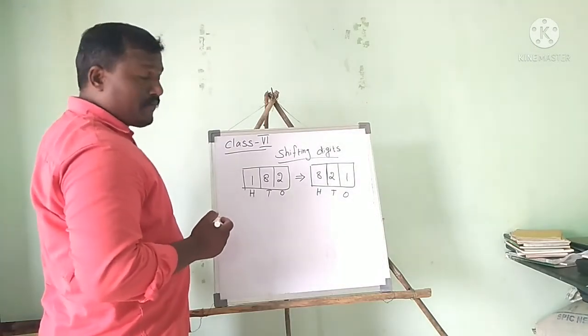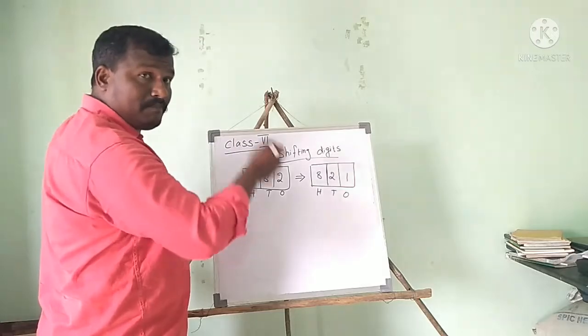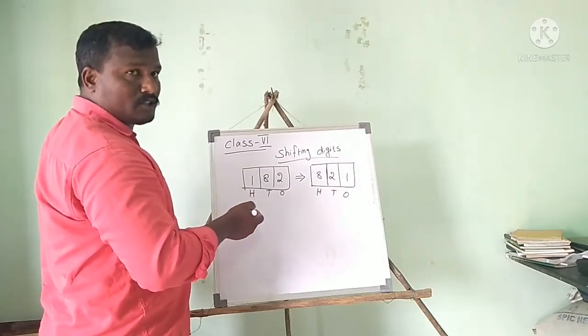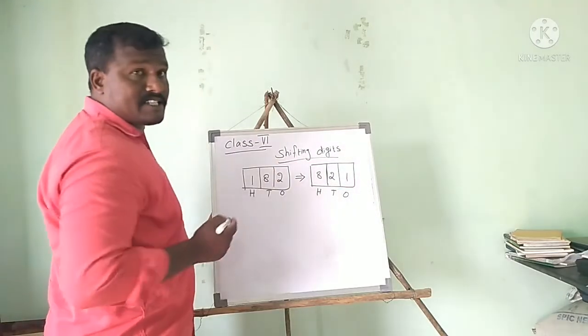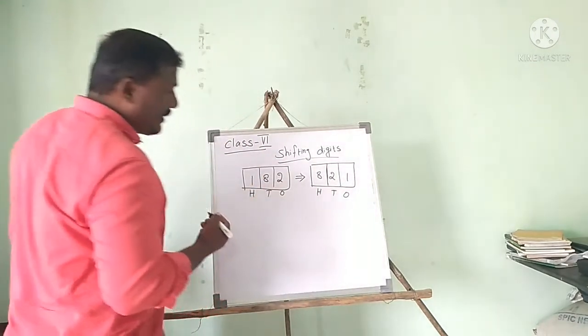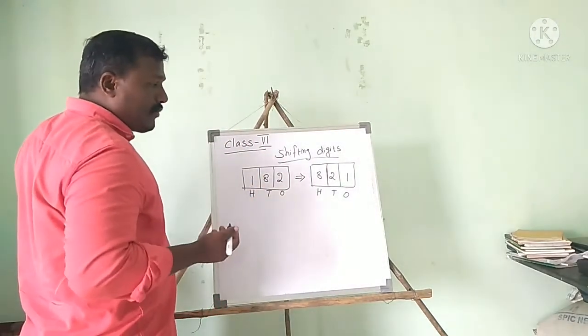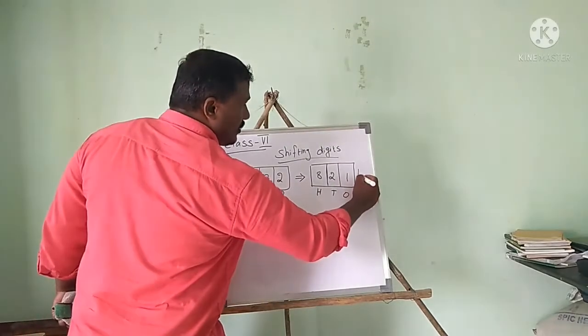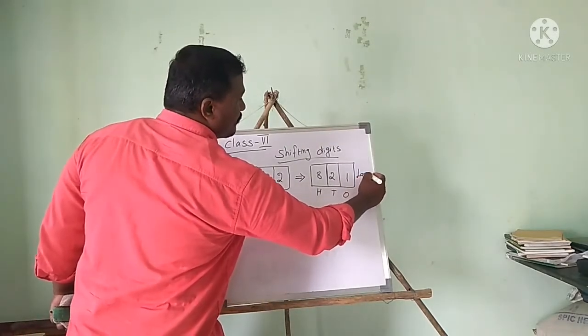So what I have done here is shifting the place value. I will make the greatest 3-digit number, the largest 3-digit number. Then another example of the largest number, you know. So it's the largest number.